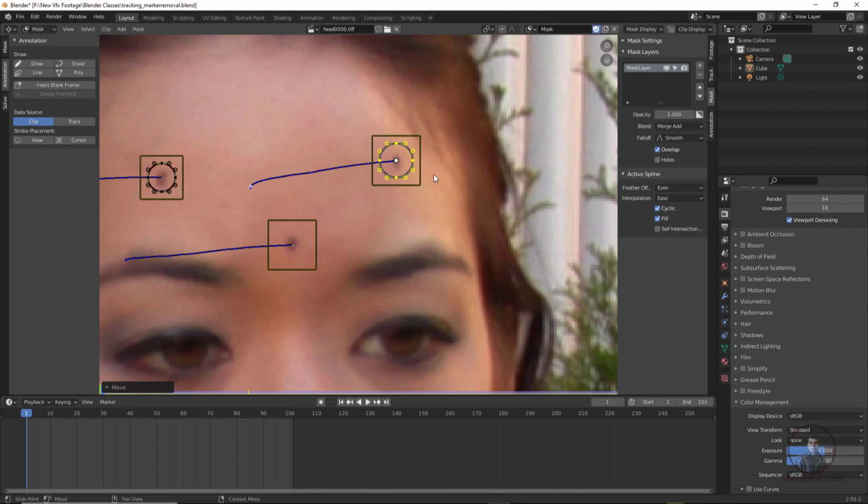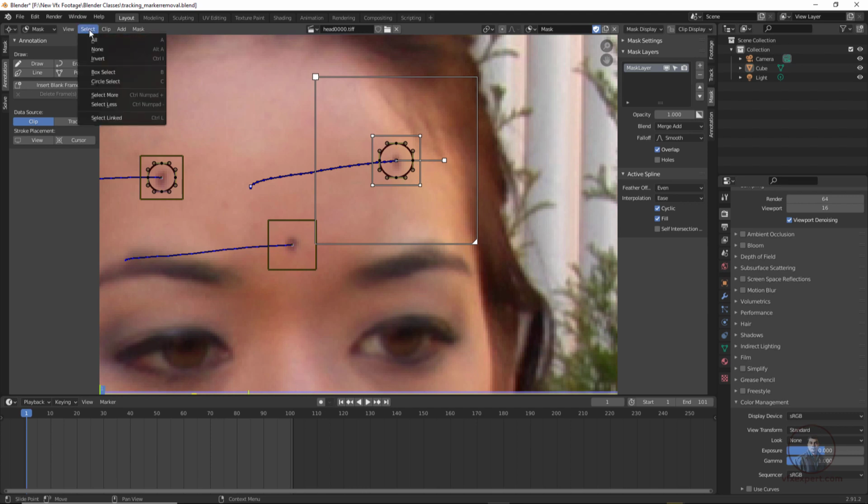Then after this, suppose you have deselected your shapes, or maybe you have not selected the shape, then how can you select your shape? Simply click on this select options and choose box select. Then simply drag and select your shape. So here I have selected. Then hold Shift and select our tracker here.